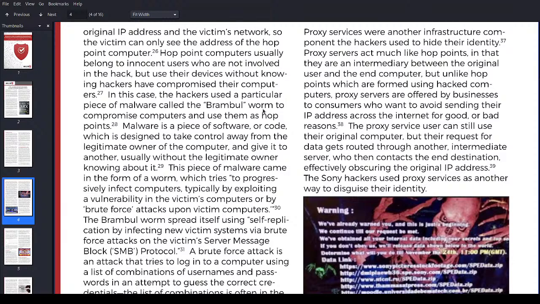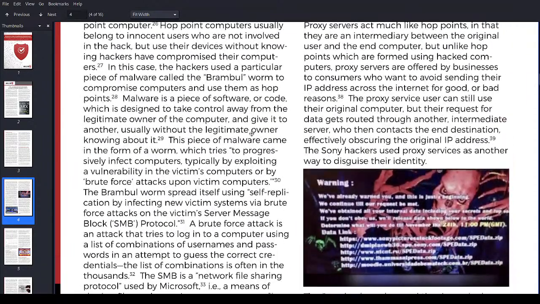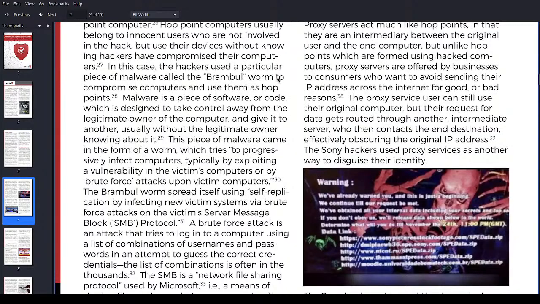In this case, the hackers used a particular piece of malware called a Bramble worm to compromise computers and use them as hotpoints. Malware is a piece of software. So a worm, if you don't know, is a program that scans computers and checks if they're vulnerable. If they're vulnerable, it'll exploit that computer, infect it, and then use that infected computer to scan other computers on the internet, and it just keeps propagating like that, right?